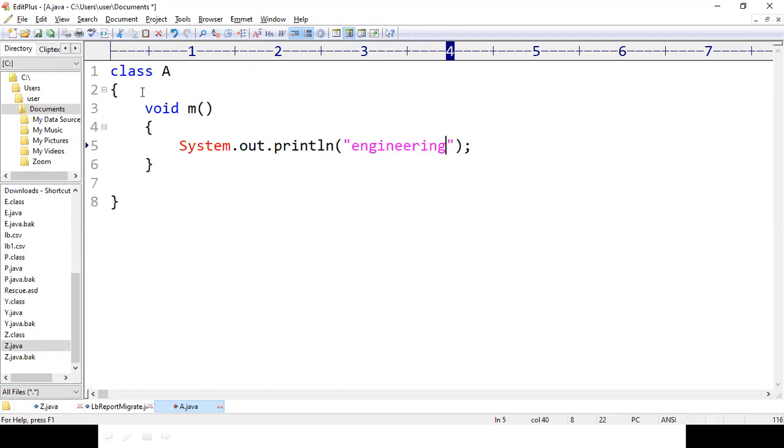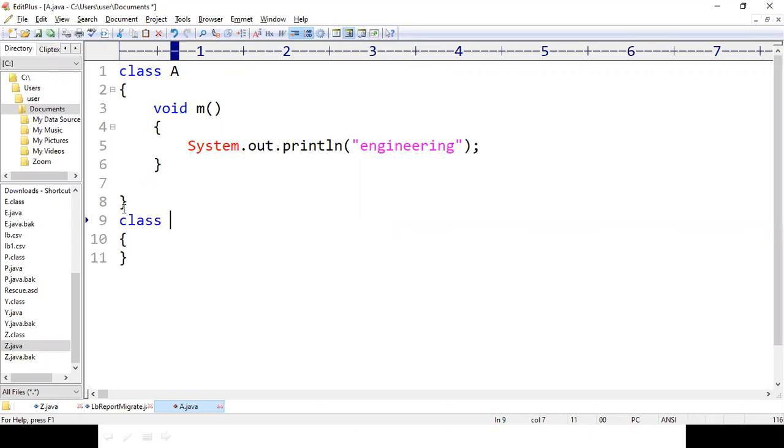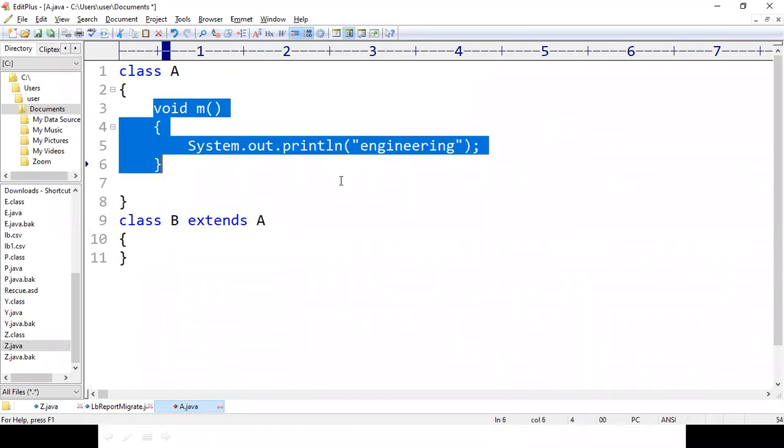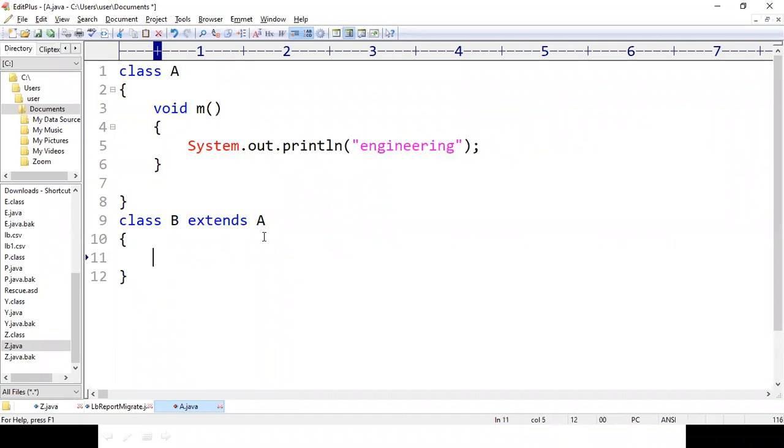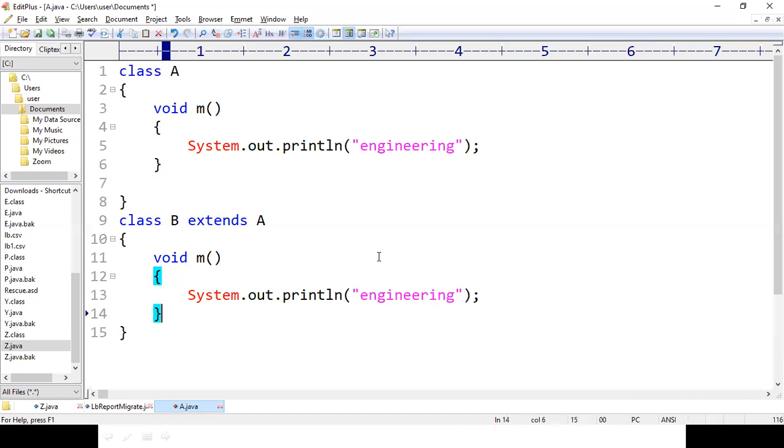At the same time, I have a class called B, which is extending this A. So I'm inheriting class A into class B. Here I also have the same method, which is going to print medical.